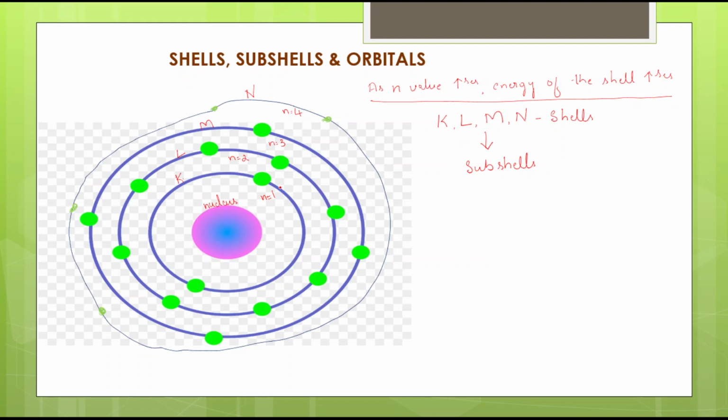You can observe we have a shell over here. So we have subshells. This is the subshell of the first level, this is the subshell of the second level, this is the subshell of the third level. Like that we have subshells for the fourth level also. But the number of subshells is different for each level. So that we are going to calculate now.